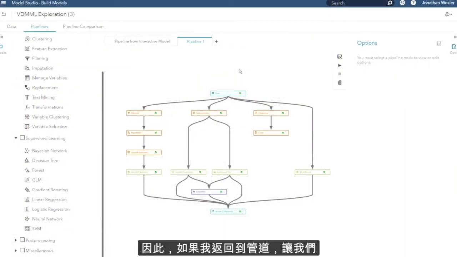Absolutely, Laurie. As the scale and demand increases for these properly tuned analytic models, having an effective deployment strategy and architecture is a key component in the analytics lifecycle. Let me take you through a few steps. So if we go back to my pipeline, let's take a look at how we can deploy these models very quickly. So if I go over to the pipeline comparison area,